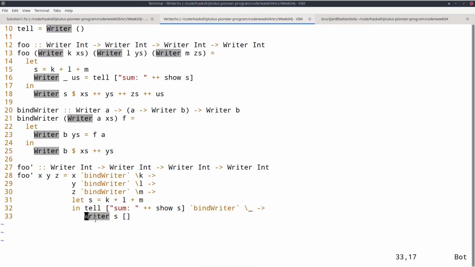Whereas here in the writer case, there is no failure, but we have additional output, these log messages that we combine. So the bind maybe and bind either encapsulated the logic that if you want to combine 2 computations that might fail, and the first one fails, then the overall computation fails.